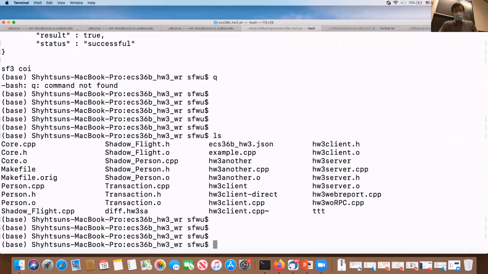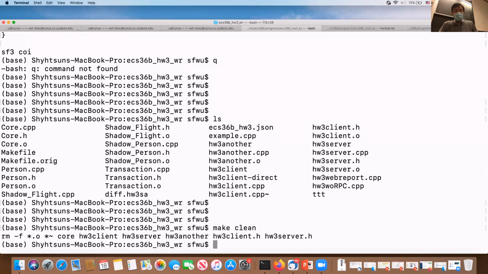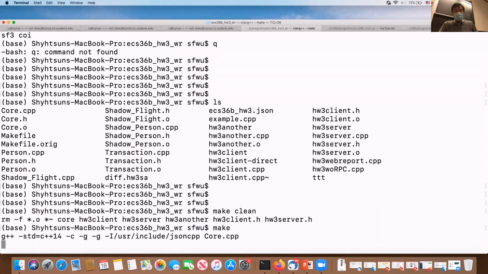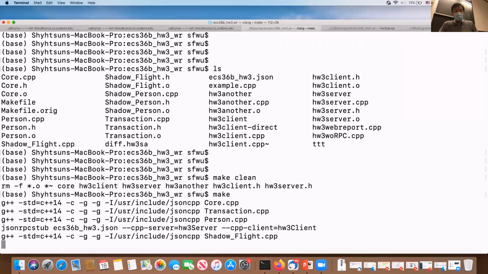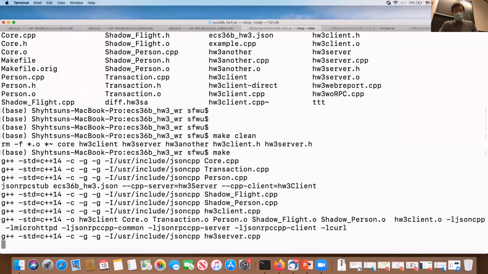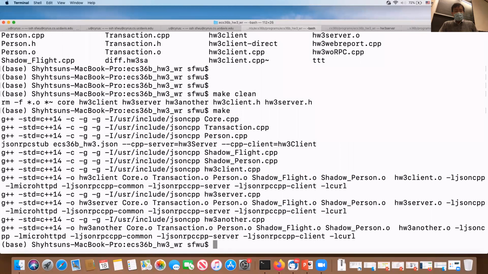Okay, this is a program. Let's try to make it clean, of course, and then I try to do a make. But the important thing I want you to do is go through each of the lines and know what's being involved. Of course, I compile a few files like